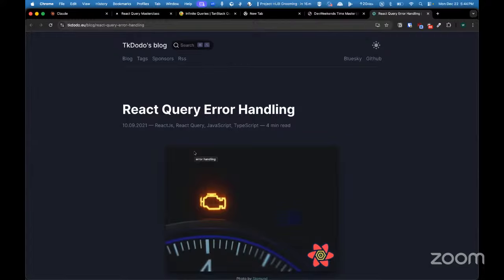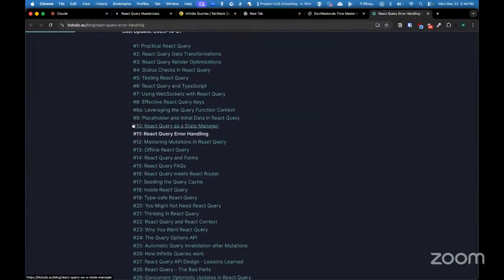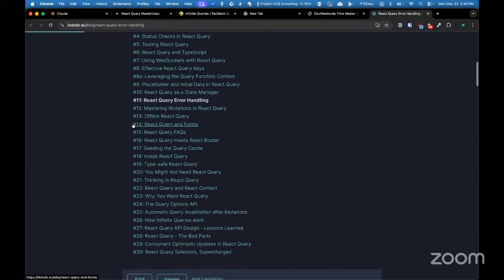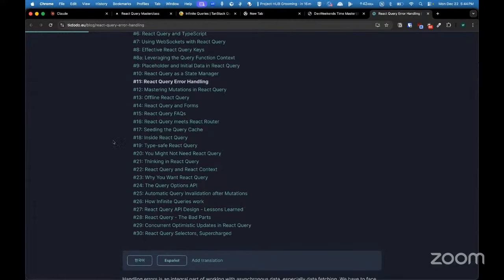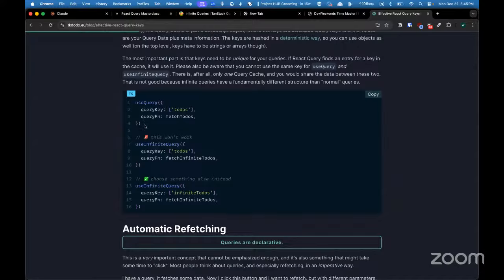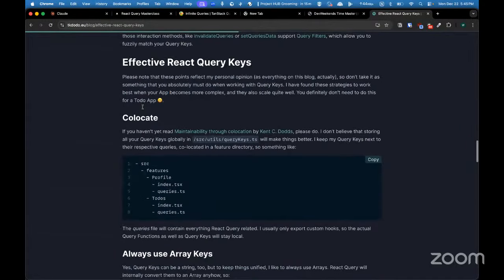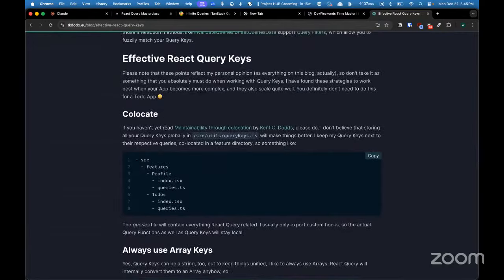जो रिएक्ट क्यूरी बंदे बना रहे हैं, उनमें से एक बंदा ये है। ये बताता है कि probably you should use this like this। जो फैक्ट्री वाली चीज़ मैंने बताई है, वो इसमें है। वो कह रहा है कि यूज क्यूरी में कोड लॉजिक की मेंटेनेबिलिटी के लिए, storing all your query keys globally in a query keys file will make things better, right।